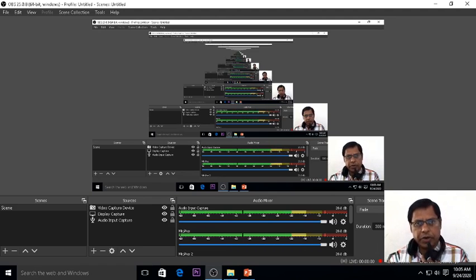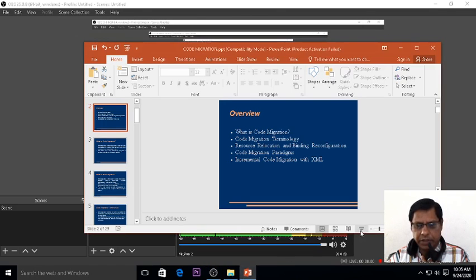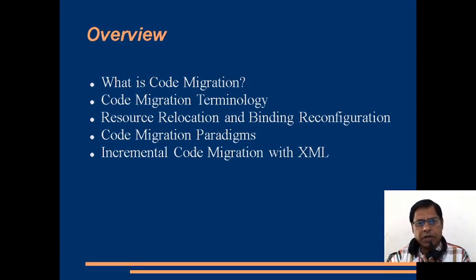We are going to discuss code migration, right? So generally, what is the purpose of code migration? Code migration is nothing but sending the code from person to person, whether it may be code, or content, or a file. From source to destination, from person to person, the code is migrating, we are transferring that.